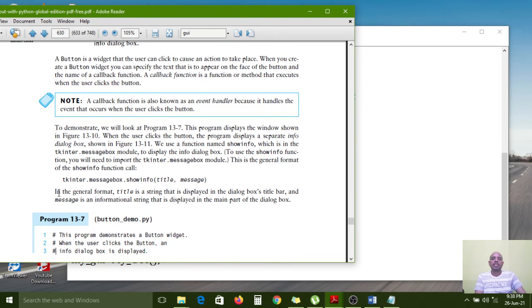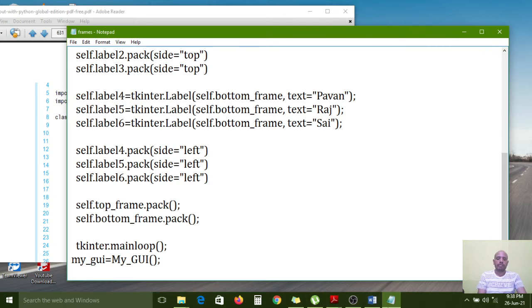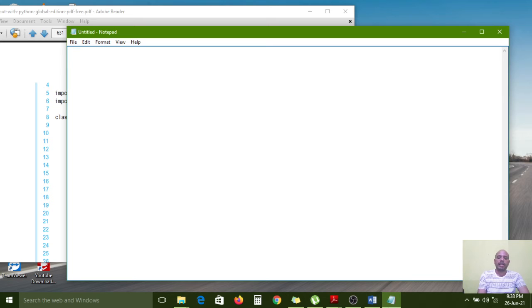Here, tkinter.messagebox.showinfo function: tkinter is a module, messagebox is a submodule in it, and showinfo is the function. Here we have two parameters, title and message. The title is for the dialog box that will be shown, so the dialog box title is also required. So the title we have also given. If you do the practical, then you can get an awareness. That's why I am developing one application for your understanding. For that I am importing the tkinter module first.